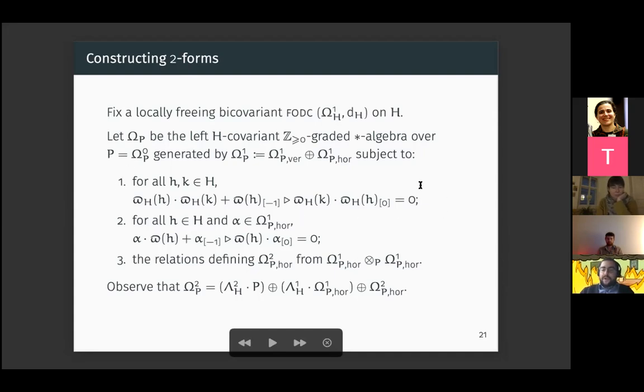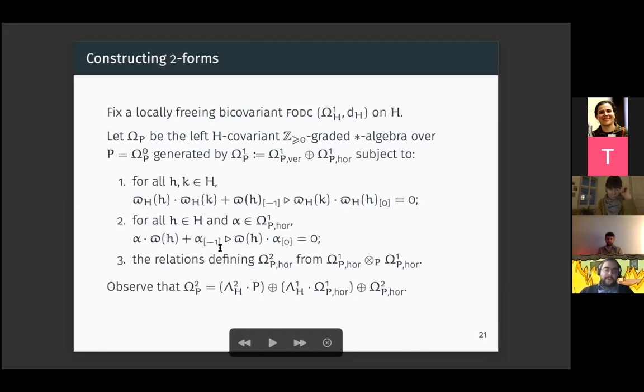We impose what the quantum group specialists will recognize as a superbosonization relation, I believe it's called, on a product of 2 left covariant 1 forms in H, thought of as vertical 1 forms. When you're just dealing with a classical compact group, this is just saying that 1 forms anti-commute. You impose a relation relating vertical 1 forms and horizontal 1 forms. So how do you relate the product of a vertical 1 form and a horizontal 1 form, where you impose again a kind of